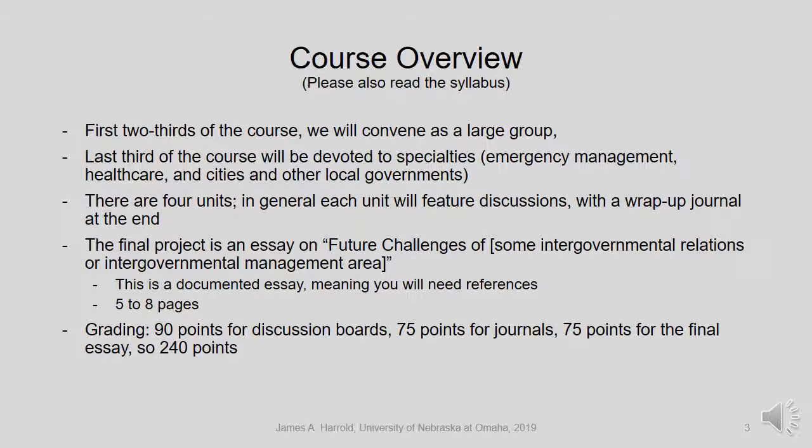And so the grading finally of the course is about 240 points. If you look at the My Grade section of Canvas, it's going to look like more. That's because I have some duplicative points for separate discussion boards that are going to occur in the specialization part. But the grade is going to be based on 240 points altogether. That's what each student can accumulate. So 90 points for discussion board, 75 for the journals. That's 3 of them at 25 each. And then 75 points for this final essay. So 240 points altogether.